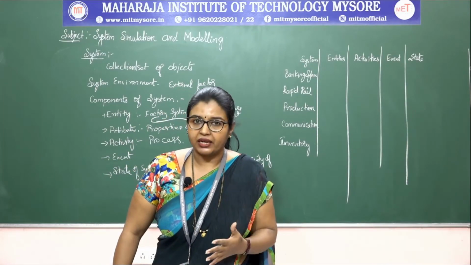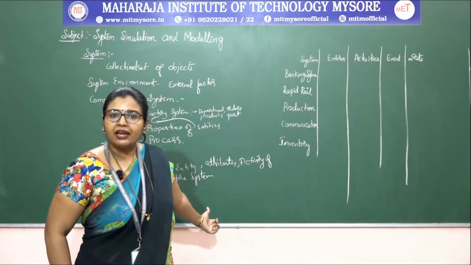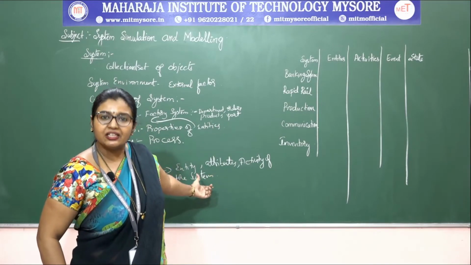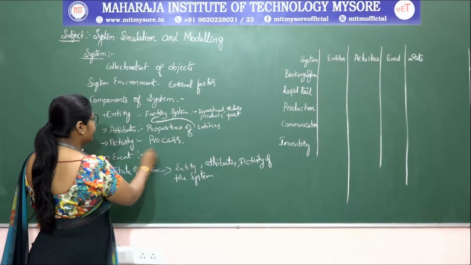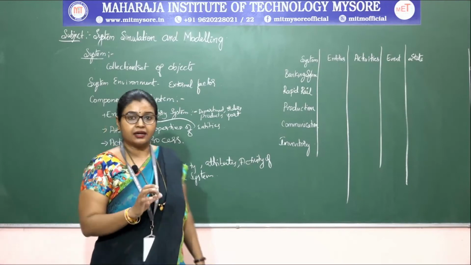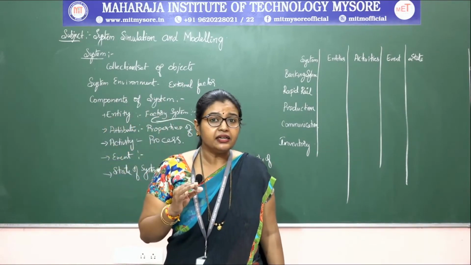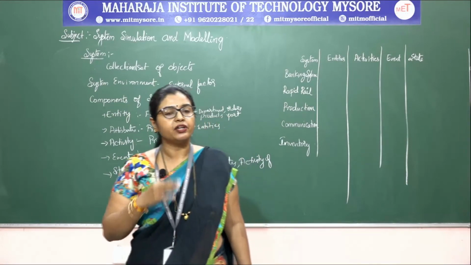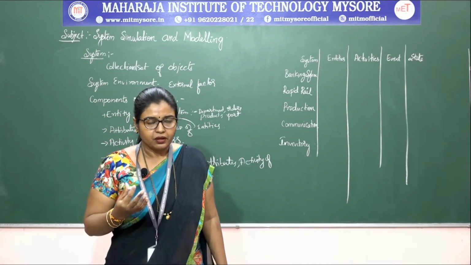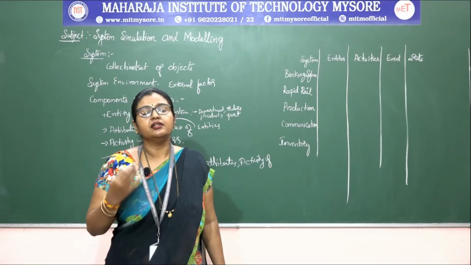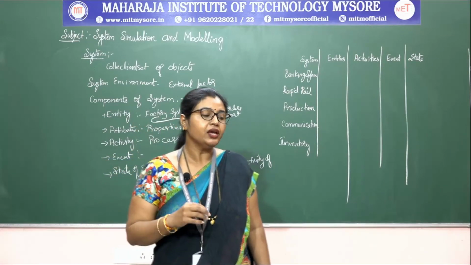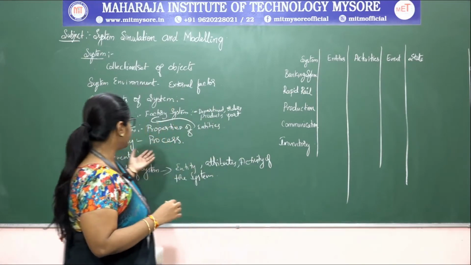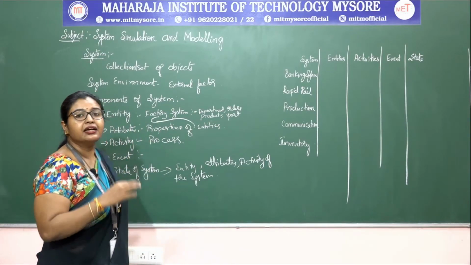that is called the state of the variable. The state of the variable changes based on what? The event that is going to occur, that is, the instantaneous occurrence of a particular process that may change the system state. Okay, the system state can be changed here. So that is called an event.